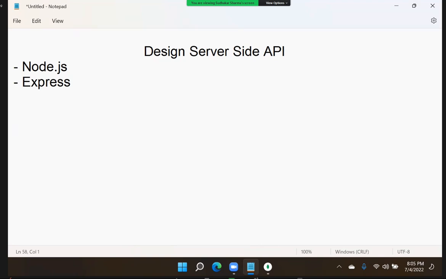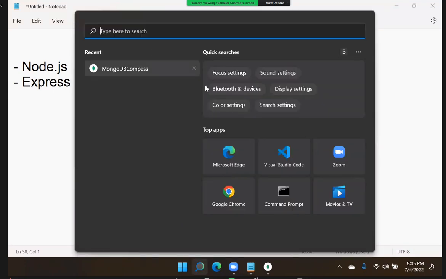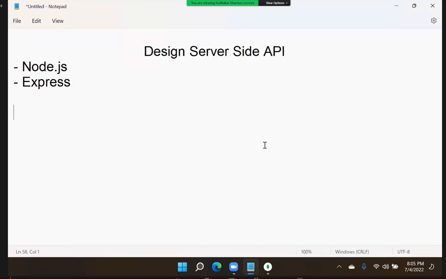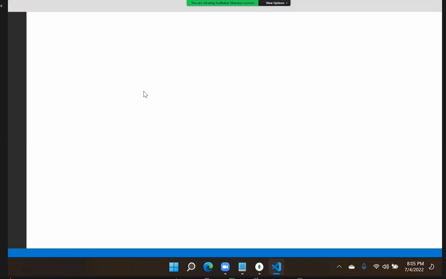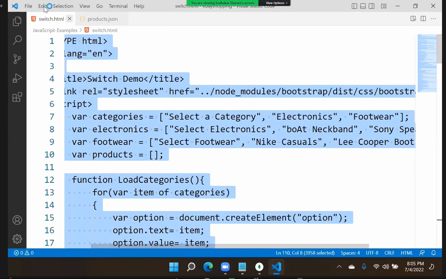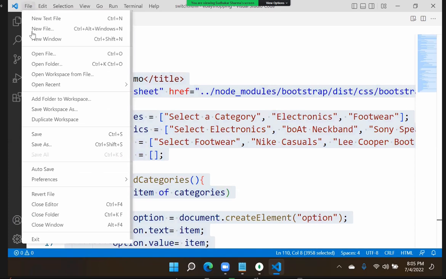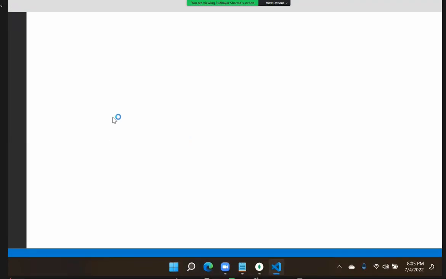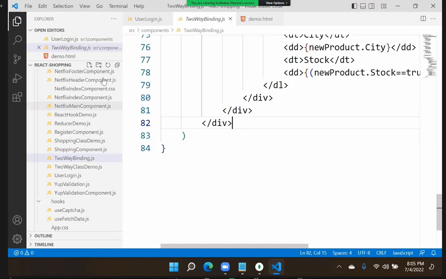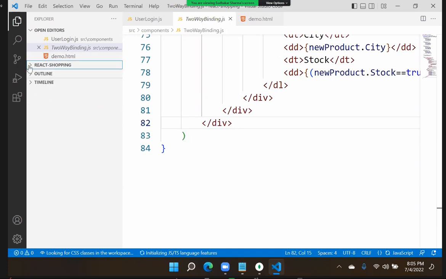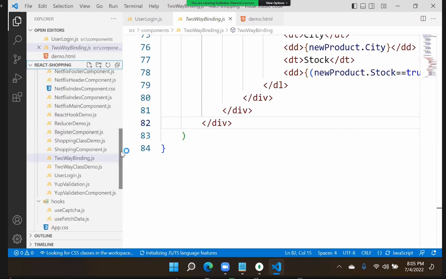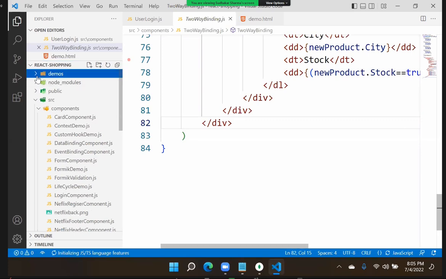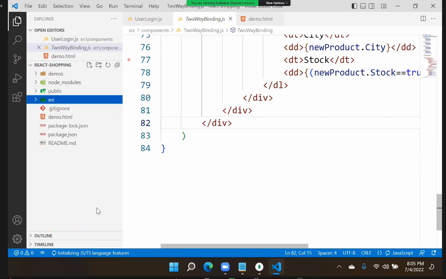So now first step, what we will do is open our project, and this is our project, that is React Shopping. This is our workspace, actually. Now what we will do is, in this project only,